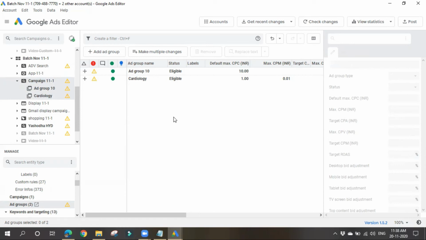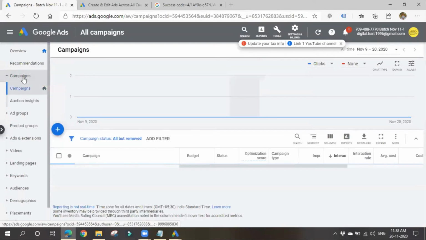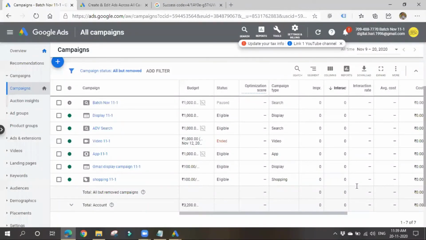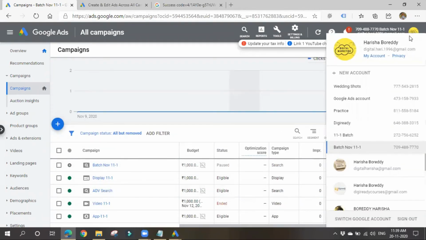Now let me post all these changes to Google Ads. Initially let me show you Google Ads. In my Google Ads, there are different campaigns. Let me go to this particular account only.